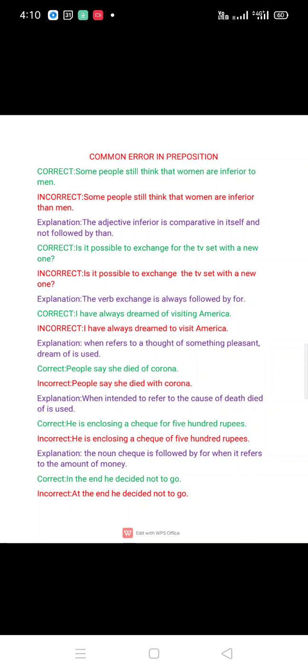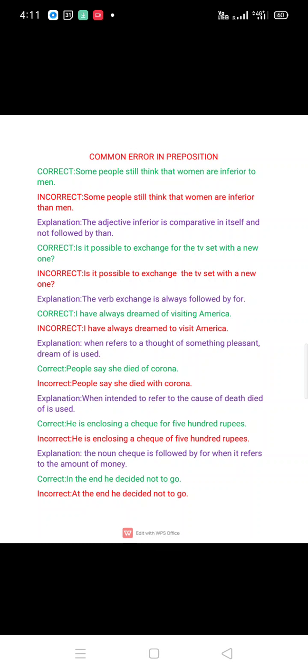Common error in preposition. Okay, these are also very common mistakes, and these are very common sentences you use in your daily life. So you should know how to use them correctly, and that's why we are discussing here the rules. Listen to me very attentively. The first one is,